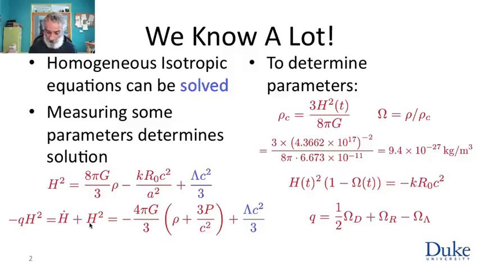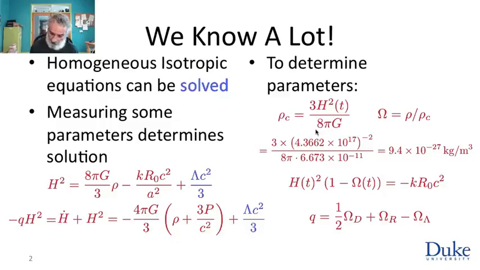Friedmann's energy equation becomes simply H(t) squared times everything on the right-hand side after you factor out this critical piece, which becomes 1 minus omega is a negative k times r0 c squared. And the acceleration equation becomes, again, factoring out H squared, q is just a half of the density of dust,